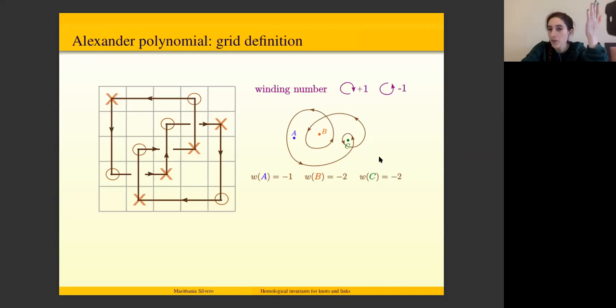And an easier way to see this, instead of going around the curve, is, for example, to know the winding number of B, just draw a segment starting in B and going through the non-bounded component. So go out, and then just count the number of intersections and see if those intersections go clockwise or counterclockwise. Okay, so in this case we have 1 and 2 counterclockwise, so we have -2 for B. Okay, so this is just to define the winding number of a point